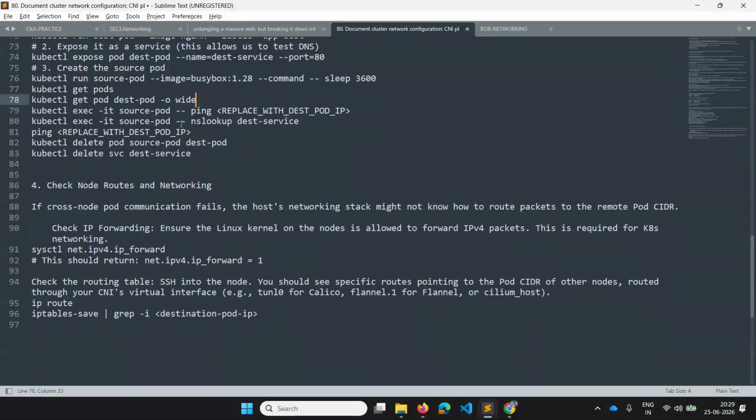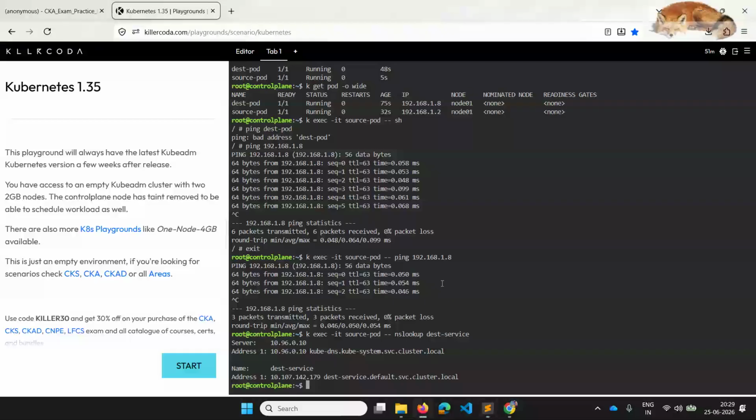And yes, after testing we can delete those pods. That's okay. And one more thing, in the previous section when I was explaining on the white paper, I was also telling there is one thing called IPv4: net.ipv4.ip_forward, which should actually be 1. If it is 0, the packets will be dropped by that node, because it doesn't behave like a router.